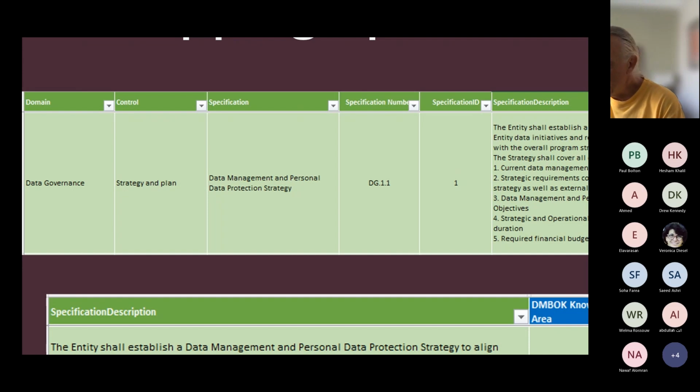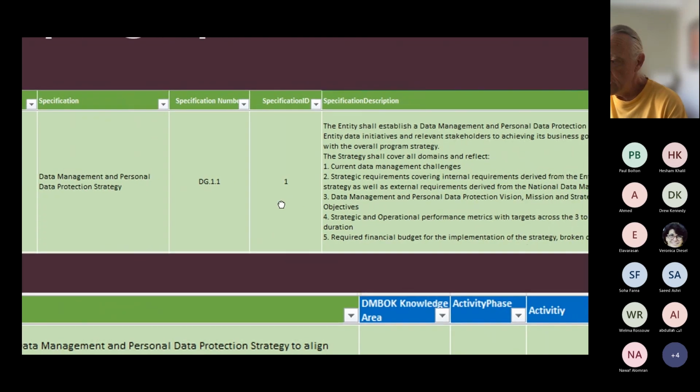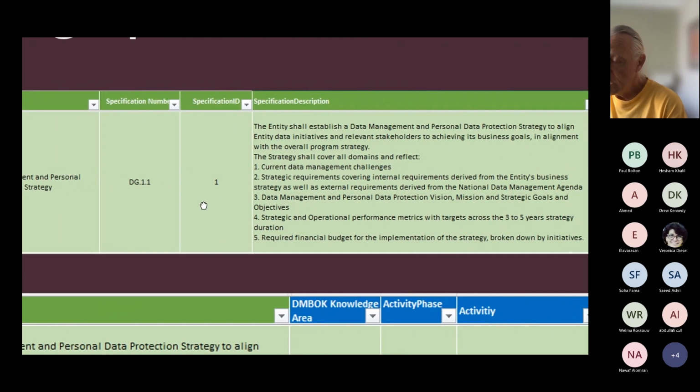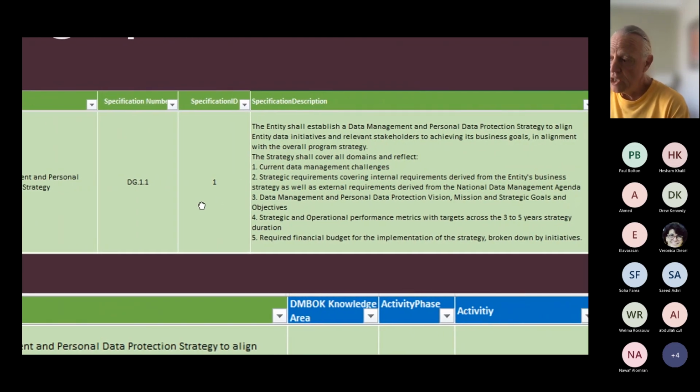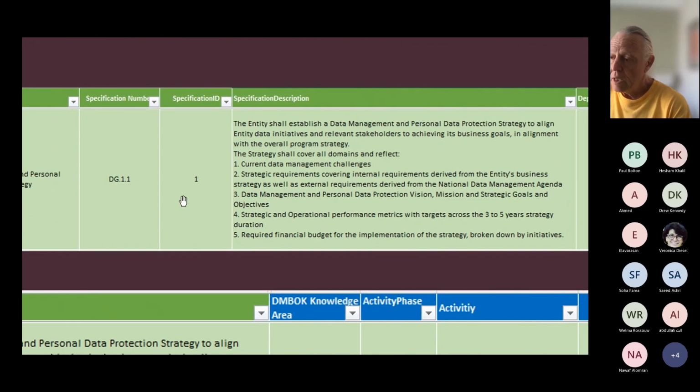I'm hoping you can see that this is the description of that first specification. Let's take a quick look at it now, and I'm hoping you can see some of the challenges already, where there are actually 5 subtasks underneath DG 1.1.